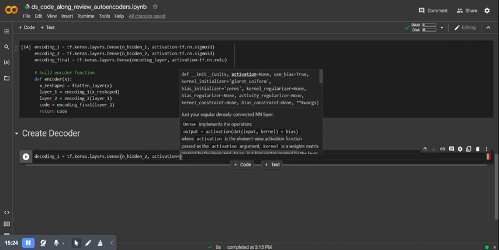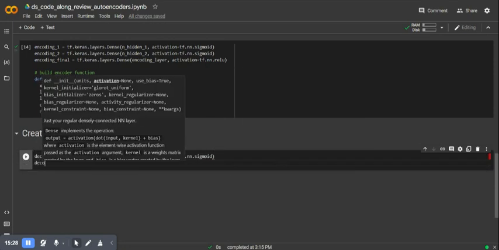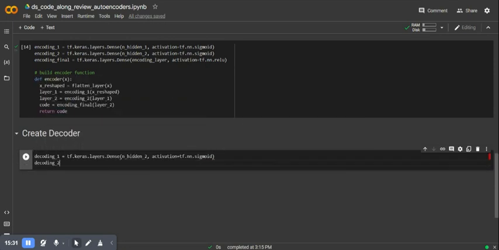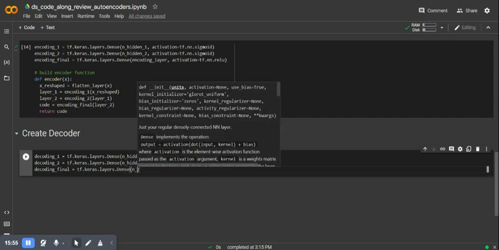Activation equals tf.nn sigmoid again. Decoding 2, might as well copy and paste that, and then we'll change the hidden layer to hidden layer 1, keep the sigmoid. Okay, and then decoding final equals tf keras dot layers dot dense, and then n input,